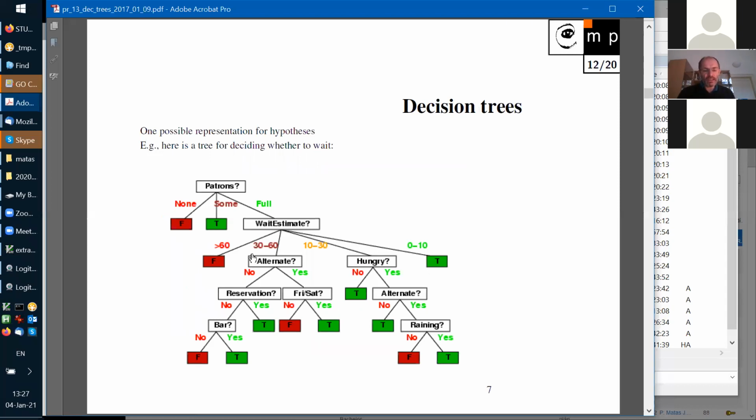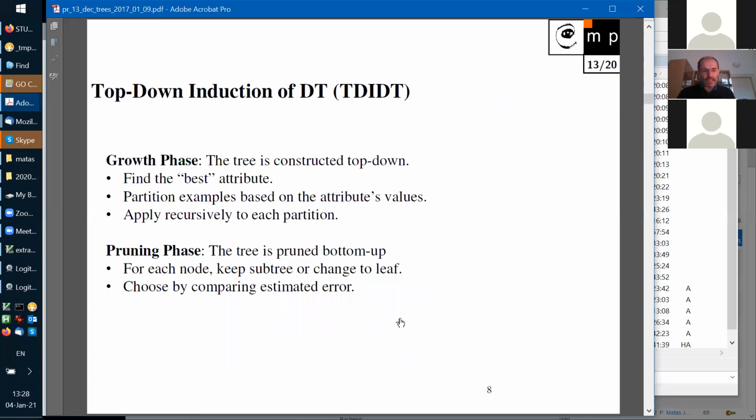If it's somewhere in between, it depends on whether I'm hungry and whether there are alternatives. So if it's 10 minutes, it depends on my hunger. If I'm not hungry, I stay, and so on. So this would be one decision tree, which might be your advice on how you should behave in the Los Angeles area if you want to get good food and not wait forever. Now,